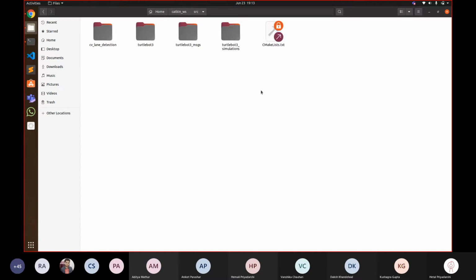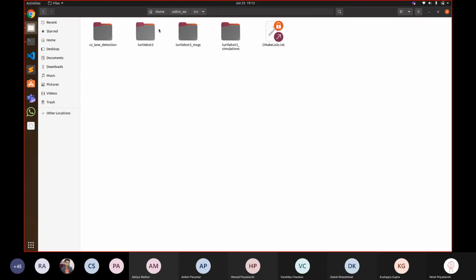Okay, this is the source folder. Let's suppose this is what I was doing earlier for computer vision lane detection. And these two are the TurtleBot folders. These are the packages. Right now we are at the package level. Earlier we were at the workspace level.